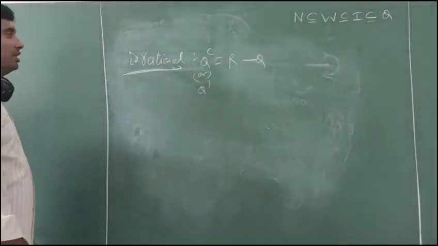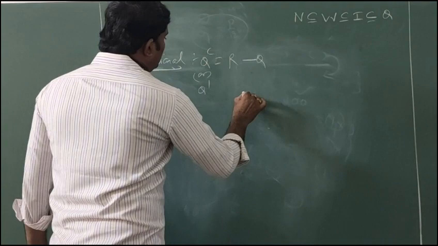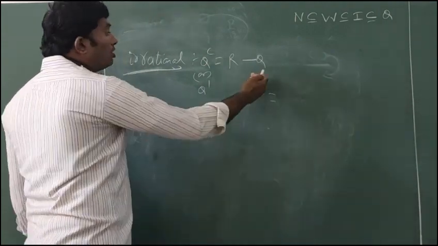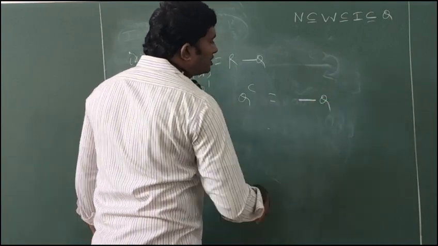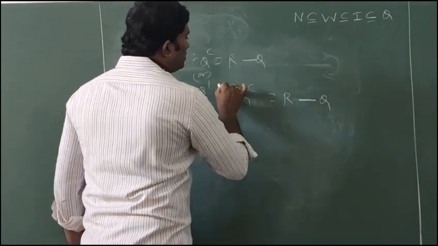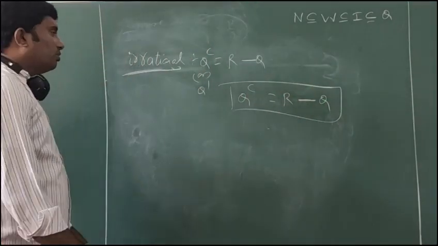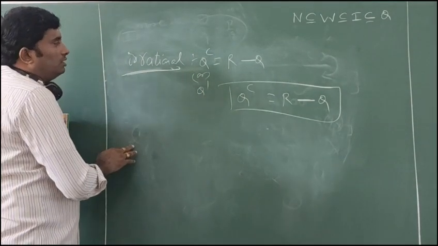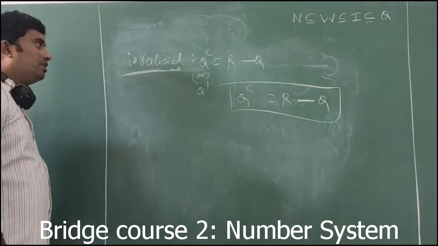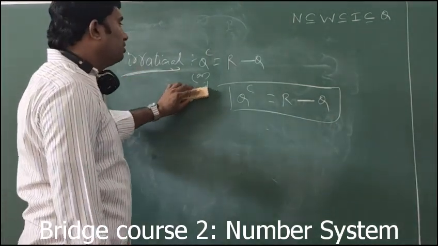So this one, Q complement, nothing but not rational, irrational, we are going to eliminate all the rational numbers from the reals. Why? Because the real number set is the universal set. Examples: pi, e, root 2, root 3 for irrational.